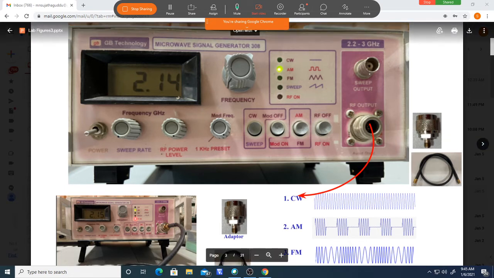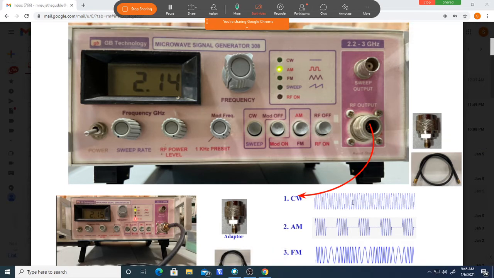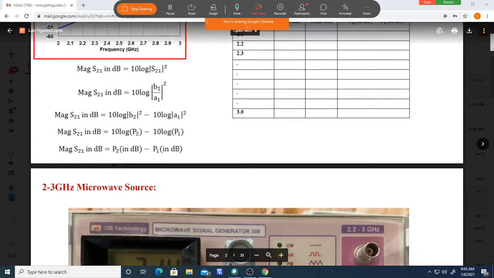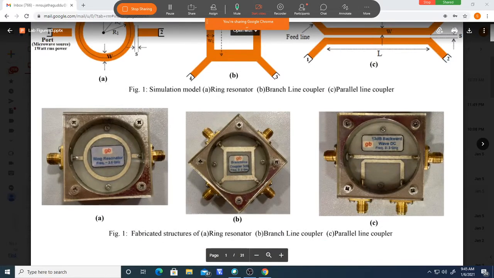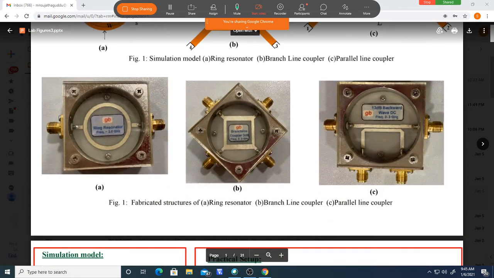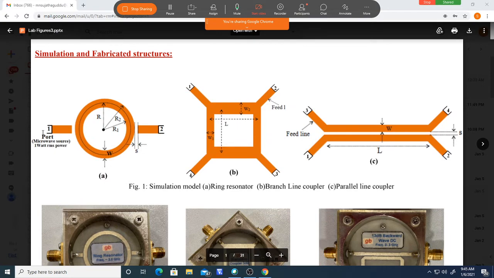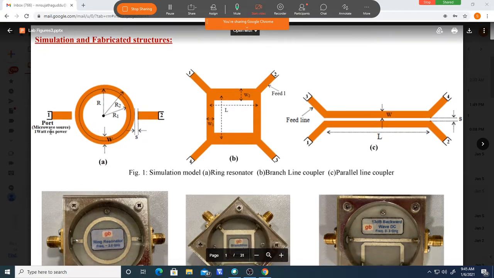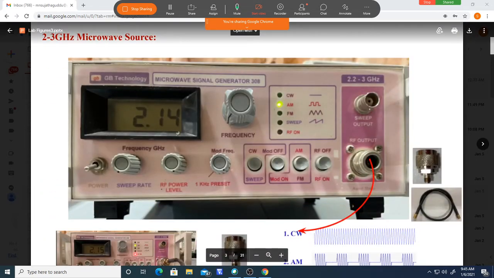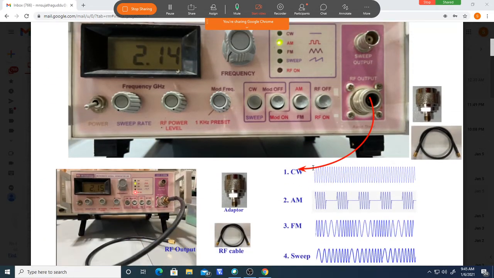Next, see, what is the input power? What is the power of this P1? Here we are applying a signal at P1. What is the input power? Here I told you 0 dBm, so we are giving 0 dBm input power. Here we fixed 0 dBm. We can change it in the simulation tool. But can we vary the output power here? That we have to see. The power comes out of this, P1.